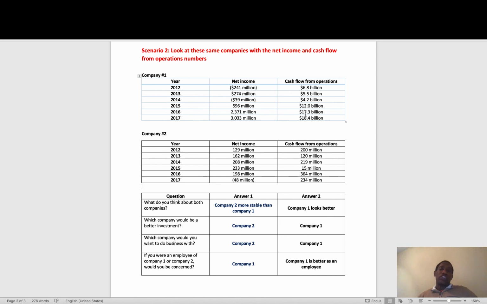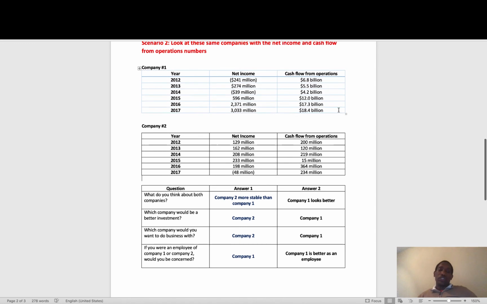The cash flow from operations tells you how much cash this company generated from selling goods and providing services. If we look at these two companies, there's a huge difference between Company 1 and Company 2. If you just look at net income alone, then one company looks great, but if you look at net income and cash flow from operations, it paints a completely different picture of these two companies. That is why looking only at the income statement, the balance sheet, and the statement of equity is not good enough. When you're examining or investing in a company, you also have to look at the cash flow statement. The cash flow statement is very, very important.